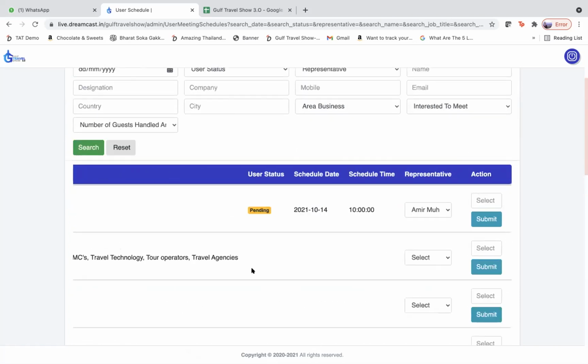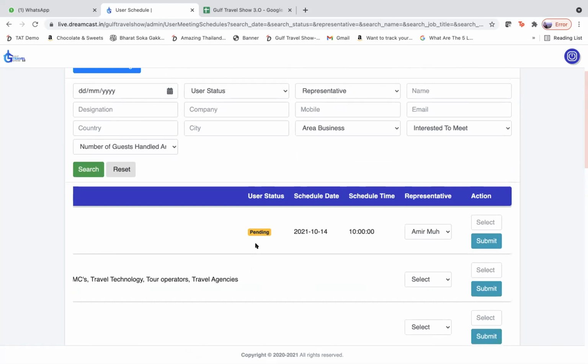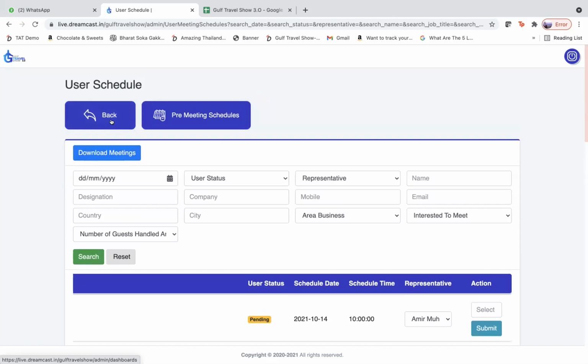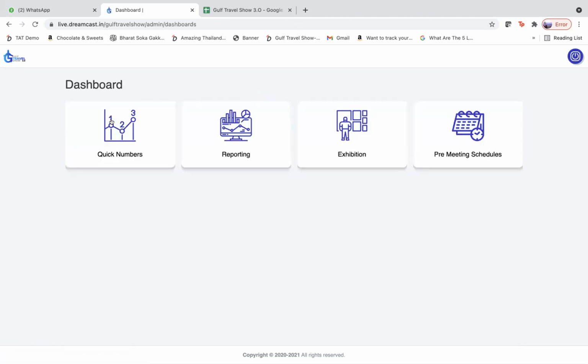Similarly, once you have made, for example, 15, 20, 30 requests, you can download all the meetings in an Excel format and it will come to your system. Before the show starts, it's the responsibility of all the Spocs to make a ready reckoner for their respective exhibitors. The template will be shared by somebody, and you can refer to it, populate it with respect to your exhibitors, and share it with them. Is that okay? Yeah, it's okay.